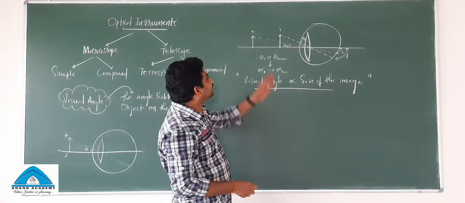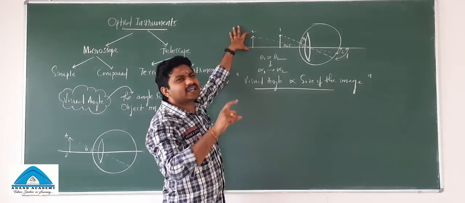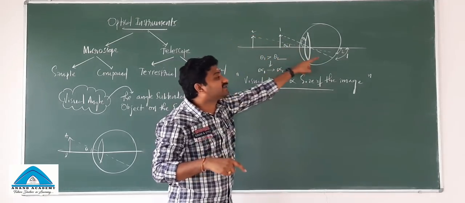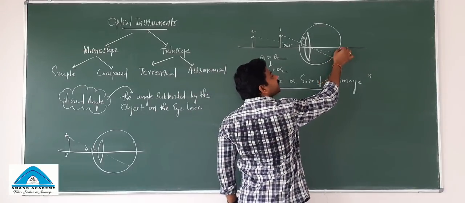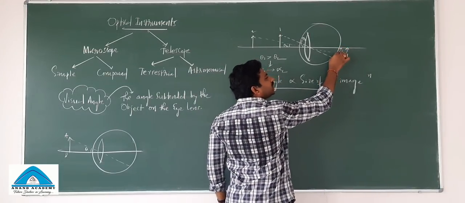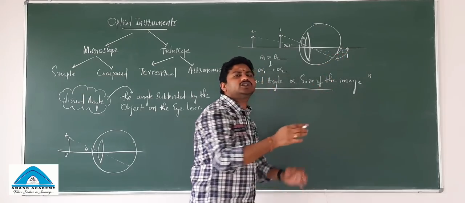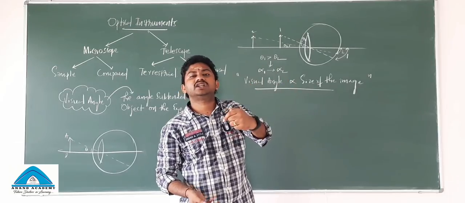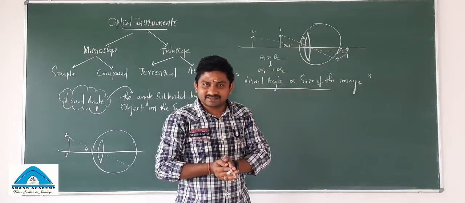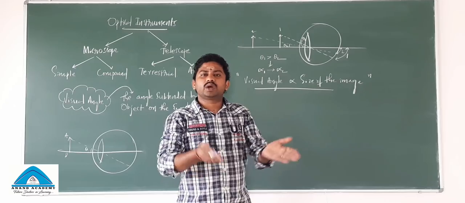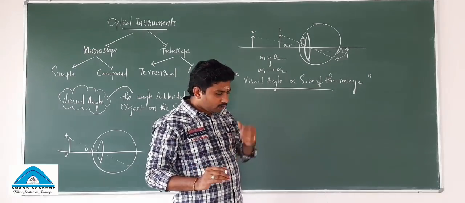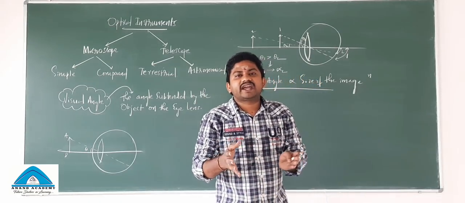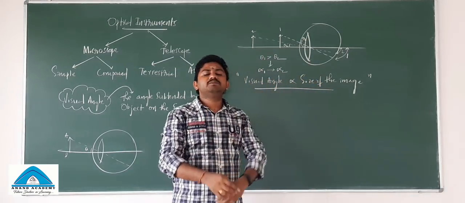For example, in the second case, object size is kept as it is, but the distance is changed, whereas visual angle is decreased. You can see the image formed on the retina here, only this part of the rod cells and cone cells are activated. Lesser activation of the rod cells and cone cells, the size of the image will be less. Alright? Vice versa. Now, to go through the concept called optical instrument, we should understand one more very important